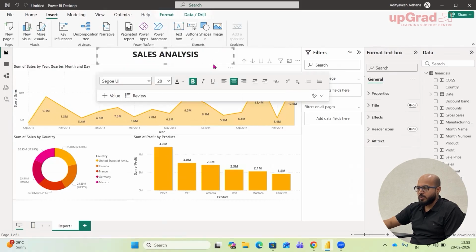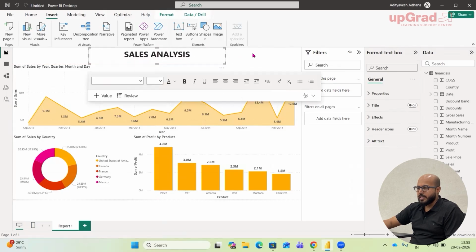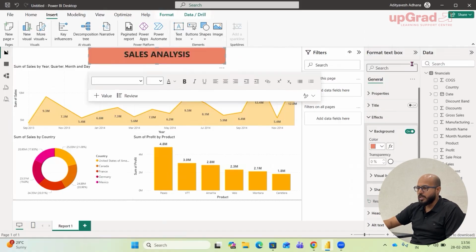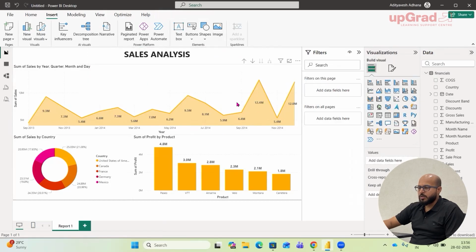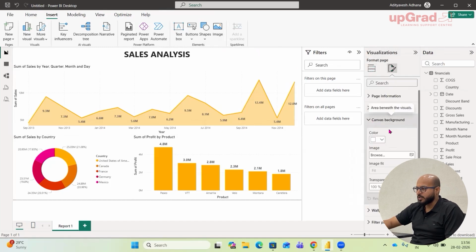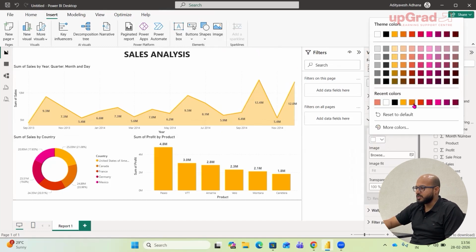So a very small dashboard for the time being we have created here. In the coming sessions, you can also change the background of it. For that, you have to go to this particular text box. There you can change the background or not. Like that, you can change and control these things. Right now I'm not placing any background. For the complete canvas backside, if you want to put any background or color, yes, you can go to the canvas background from here and you can change the color.